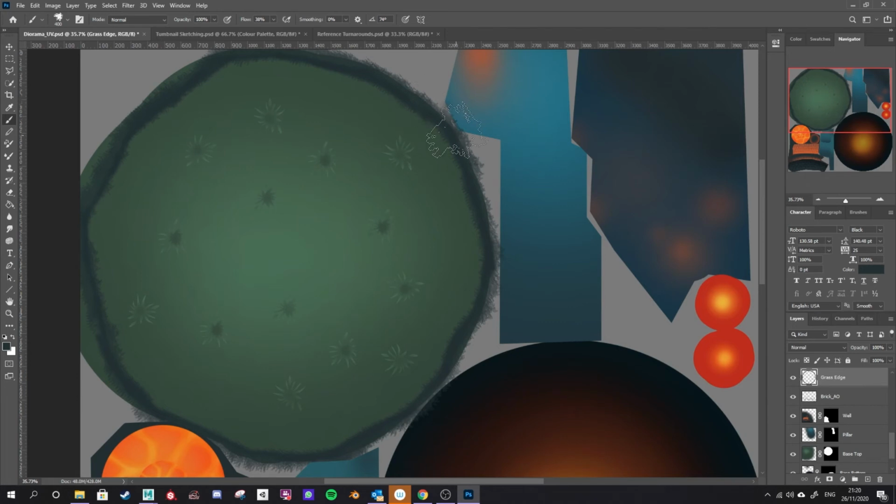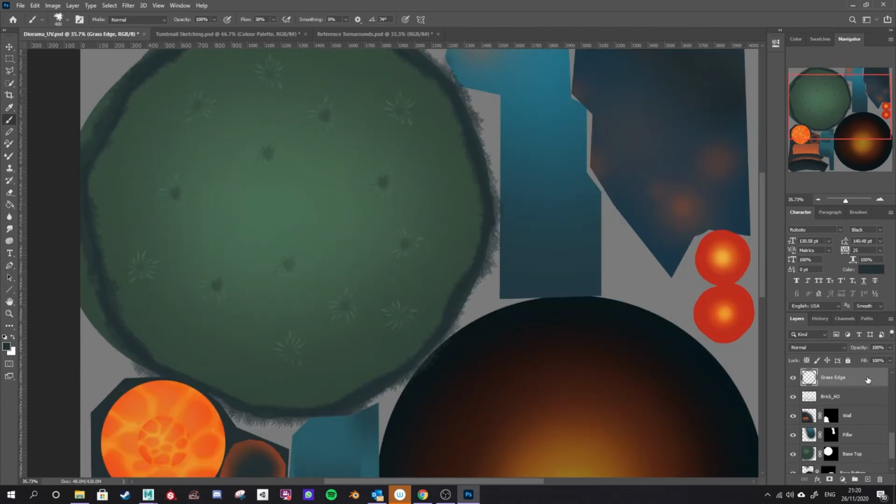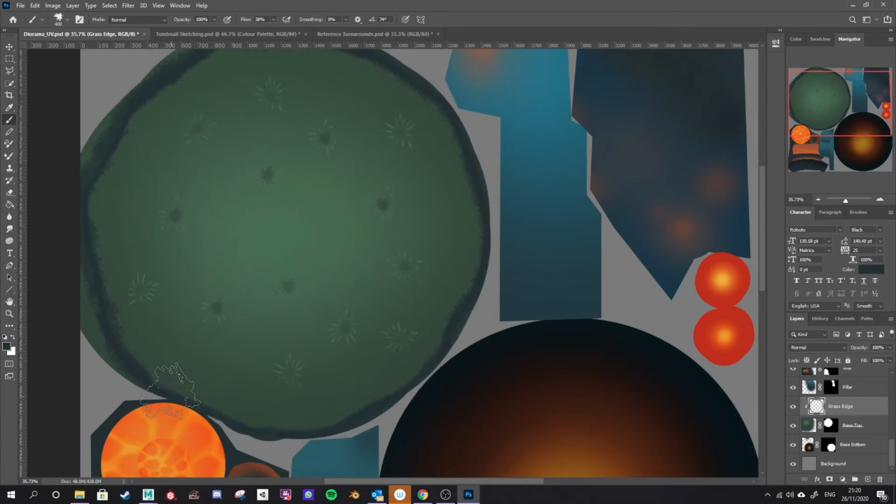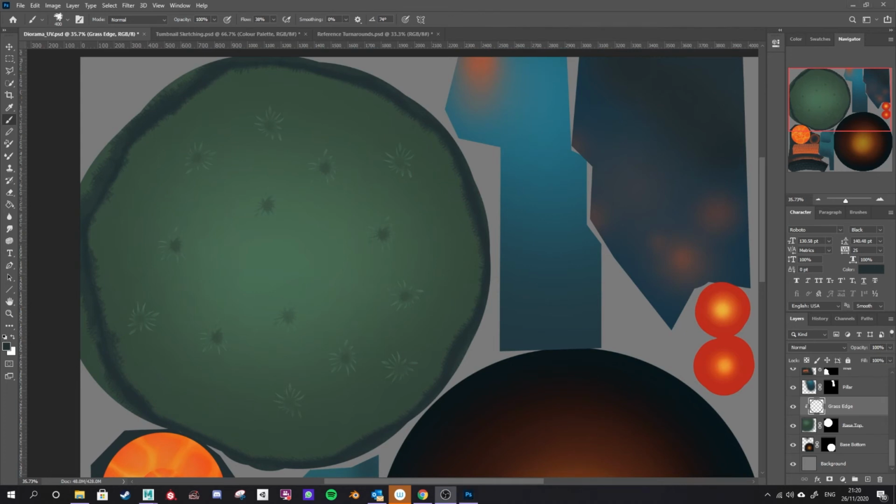So what I'm going to do is I need to clip this grass edge into the base. So to do that, I'm going to drag this down to the base top there. And to clip an image inside another one, you hold Alt on your keyboard, and you'll see a little down arrow with a square up here. And then whenever I click, you see it will pop that layer in underneath the edges of this one. So again, all I have to do is have this layer above the one I want to clip it down into, hold Alt and then click, and it will clip that layer in for me, which means it's not going to spill out into the rest of them. So I'm going to save that over the top of my last texture map, and it should automatically update